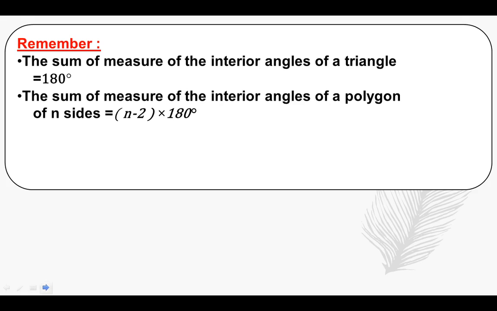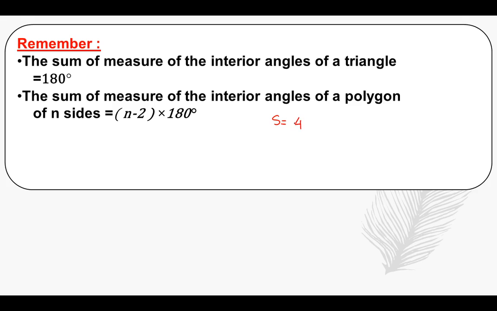Another remark: the sum of measures of the interior angles of a polygon of n sides equals (n minus 2) times 180. For example, if we want to find the sum of measures of the interior angles of a quadrilateral, we all know that the quadrilateral is formed from 4 sides. So the sum equals n minus 2